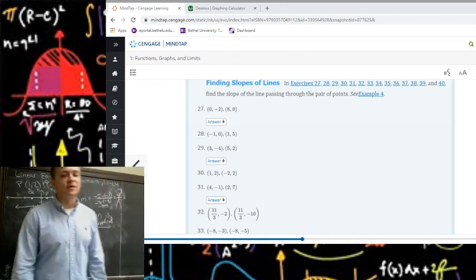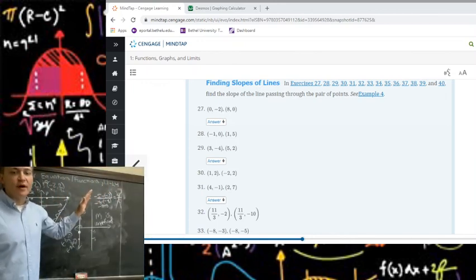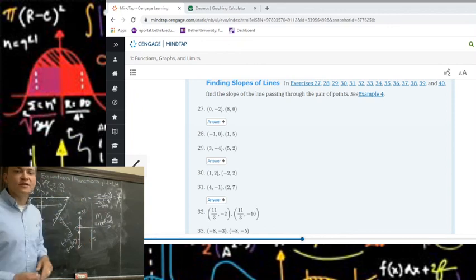And that's something to remember for our slope. Increasing lines have a positive slope. Decreasing lines have a negative slope. Flat